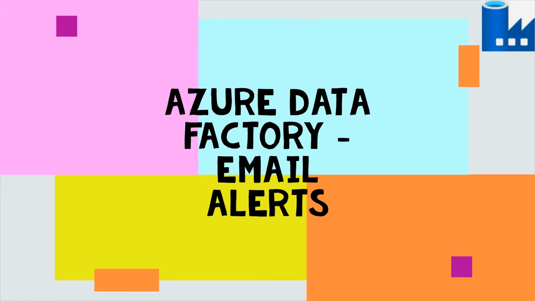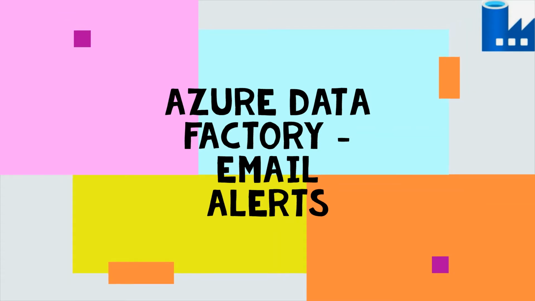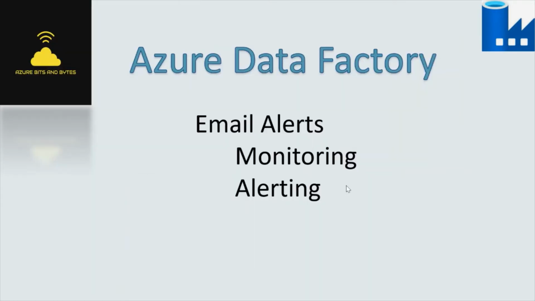Let's learn a new problem statement on Azure Data Factory today. This will be about email alerting. To maintain business continuity, you will be running your pipelines on a day-to-day basis. You will in fact schedule your pipelines and those will run as per the schedule. But what if on a particular day you get a failure? Instead of being reactive, you need to get an alert as soon as possible in a very proactive manner. So for that, today we'll learn how to set up email alerting and monitor a few metrics before getting an alert.